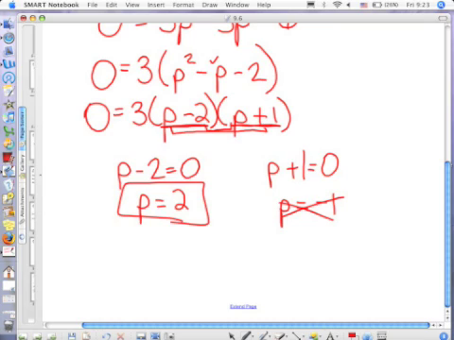All right, so if it's an equation with fractions, we can get rid of the fractions. We got to find a common denominator and multiply